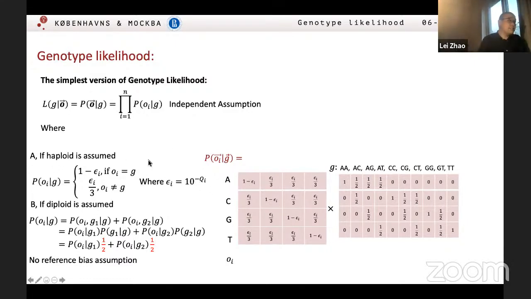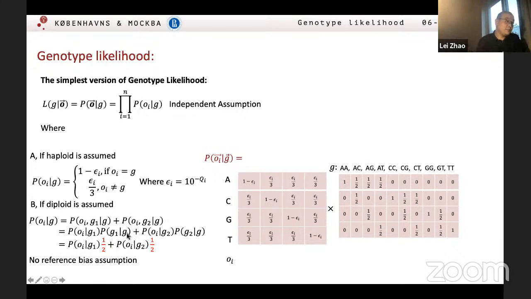And for the haplotype one, actually the G is ACGT. So we just use this kind of base quality score and can calculate this value. But if it is a diplotype model, like the G can be AA, AC, this kind of thing, then we should split this value into two parts, like whether this OI comes from the first nucleotide from the genotype, like suppose you got the AC, whether this OI actually comes from the A, or whether this observation comes from C. So then we just calculate it based on this Bayesian formula.